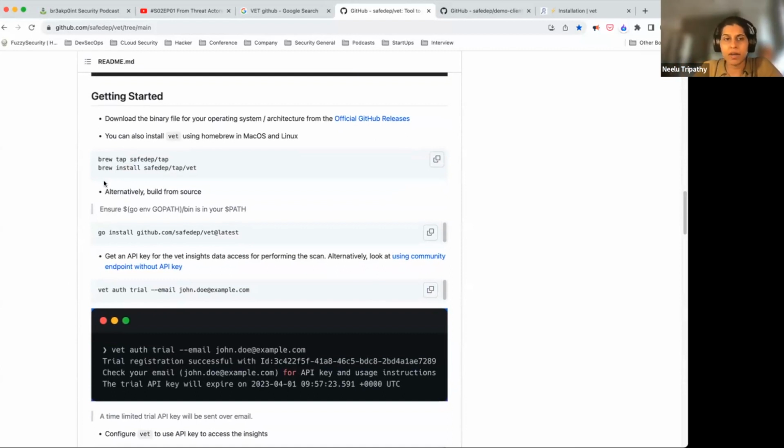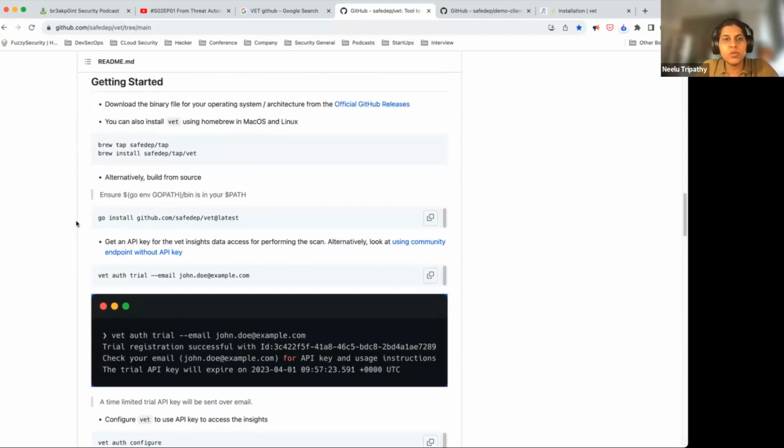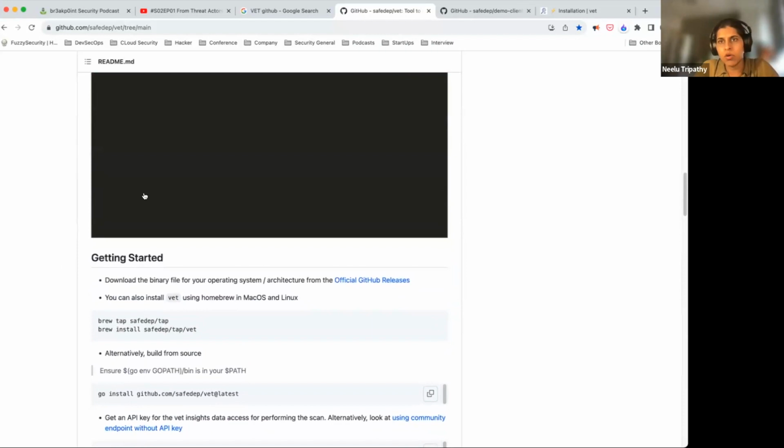If you are on Mac, you can download it simply by using Brew. It easily downloads the latest version of WET with the command brew install. If you want to actually build it from source, you can do that as well. You will need to have Go in place, and then using Go, you can install that. Now, once you have that installed, it is advisable to also download, or maybe you can just clone,